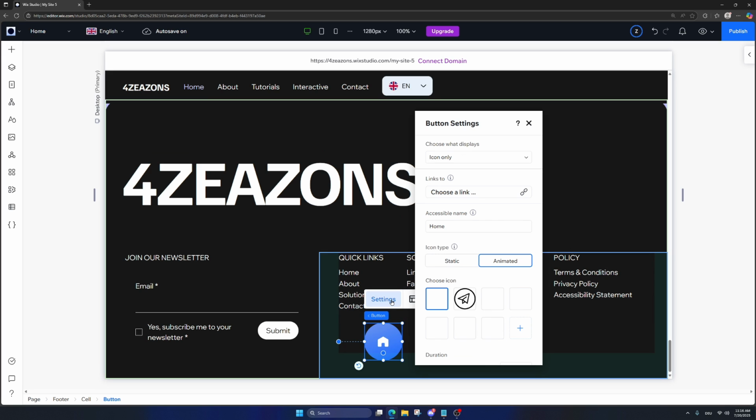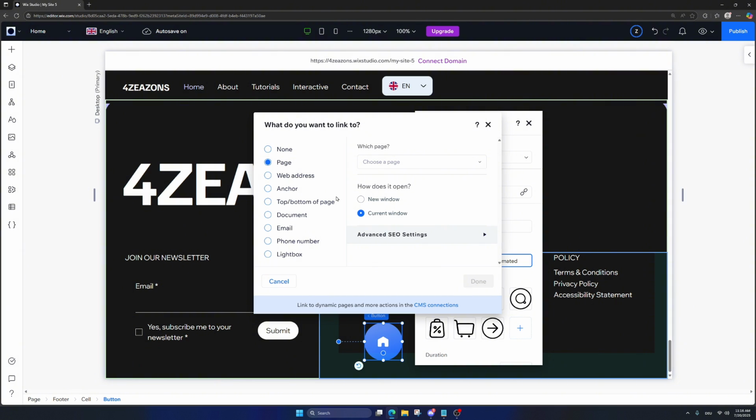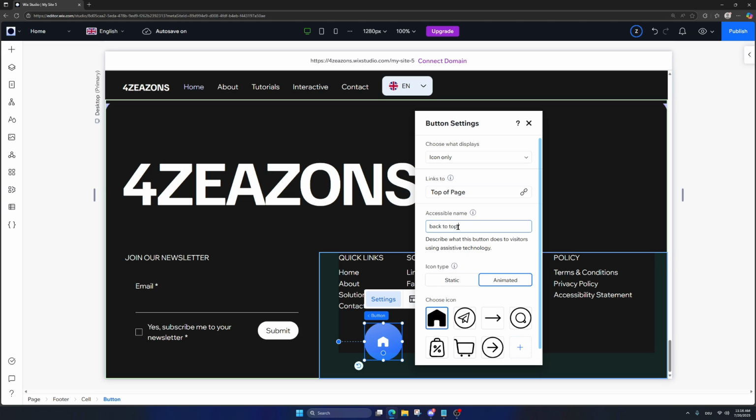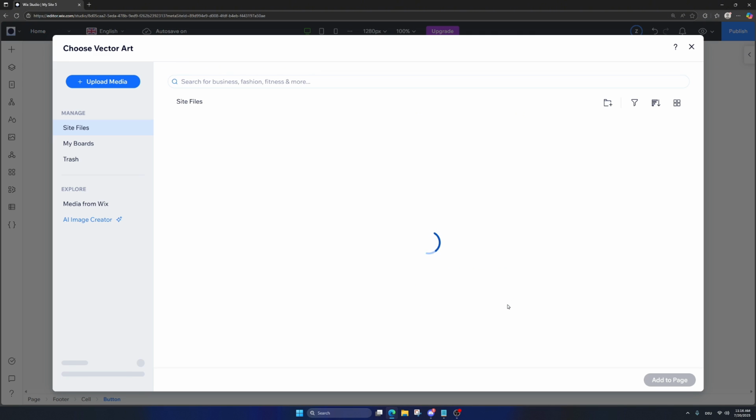Select your button, click on settings, choose what to display, the icon only of course. Choose to link to top to bottom page and select top. Click on done, and then we can also change the name. Let's name it back to top button, and then let's change the icon type to static first and replace the